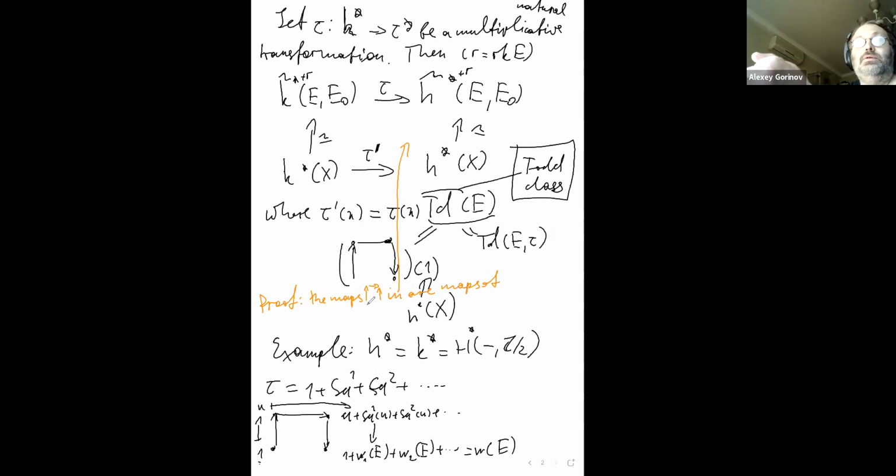And the remaining map is basically a map which we need to find a formula for. So these 3 arrows are maps of modules over the cohomology of X, and